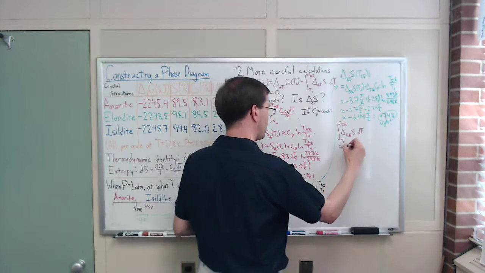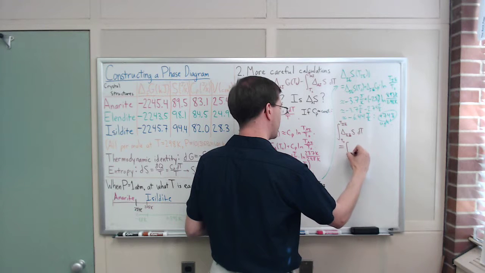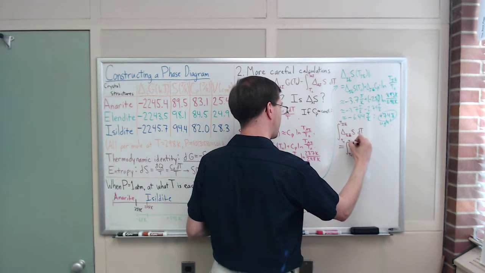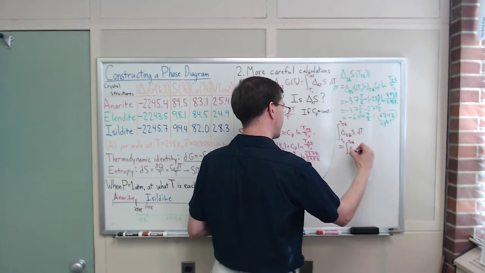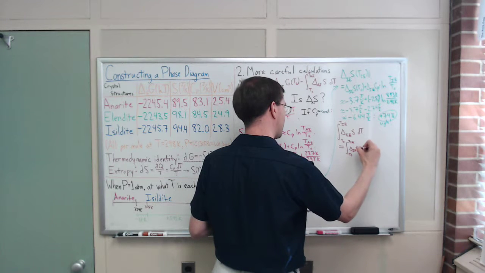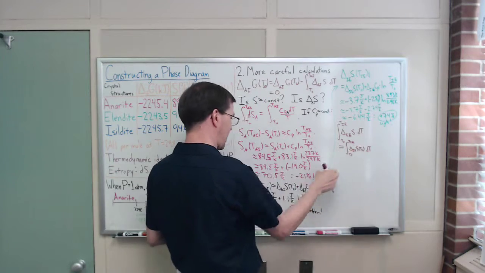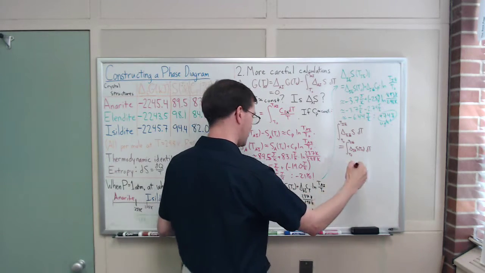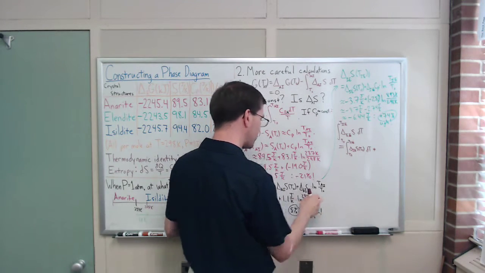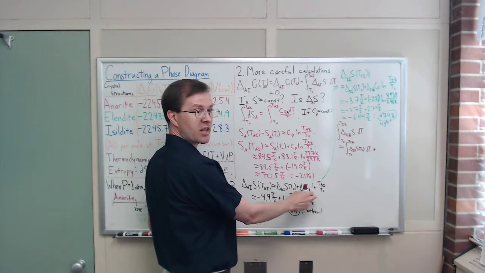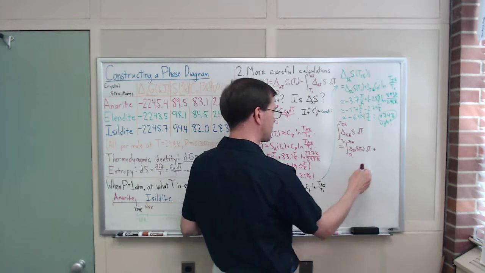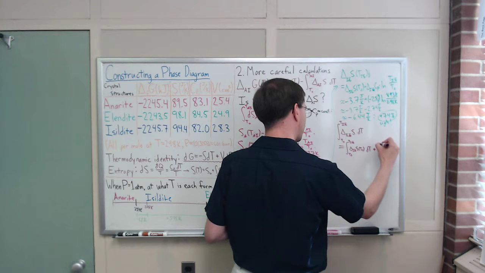That's going to equal an integral from T naught to T_IE of delta S of T naught dt. So that's a constant. That is the constant piece. Plus, and I'm still treating this difference in specific heats as a constant, even though that might be a bad approximation,